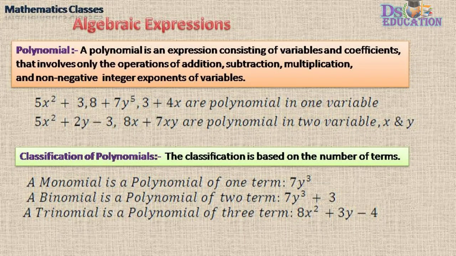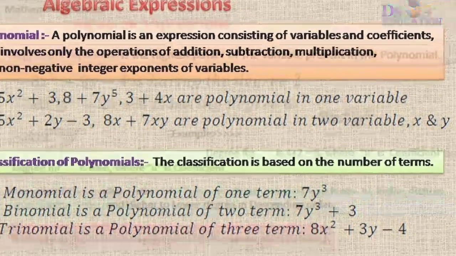If we talk about classification of polynomials, we can say they are classified into monomials, binomials, trinomials, even quadrinomials. We can say the polynomial having 4 terms. Okay, so all of them are called polynomials only, but the basic 3 points which we can discuss are monomials, binomials, trinomials. Okay, you can see the example also. A polynomial having 1 term is known as monomial. A polynomial having 2 terms is known as binomial, and the polynomial having 3 terms is known as trinomial.